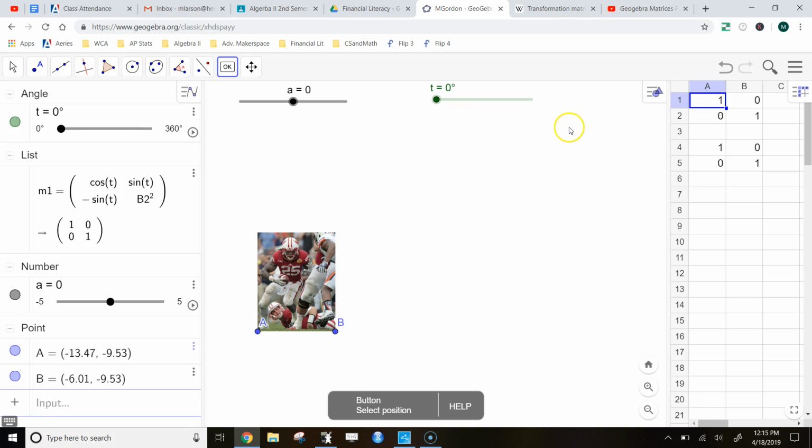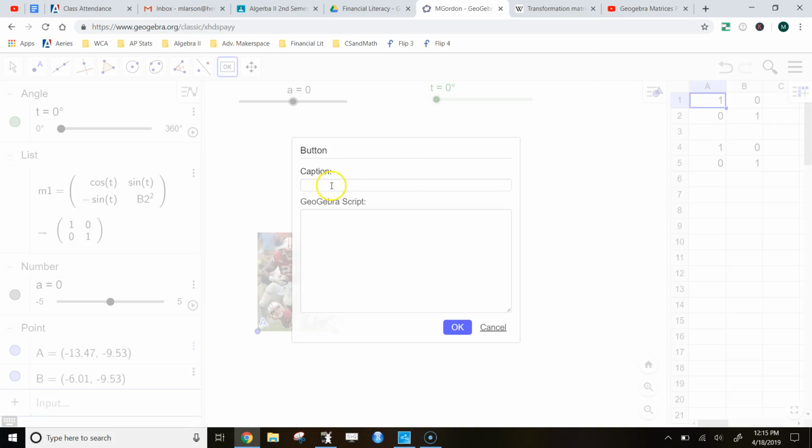So click button. Wherever you want to put it, just click out into your graphics view somewhere, and then type whatever you want to call the button. So I'm going to call it start. And the only command we're actually going to have to use, this is almost like a programming language where you type all your commands, the only one we're going to have to do is start